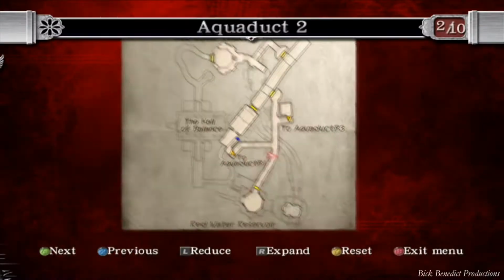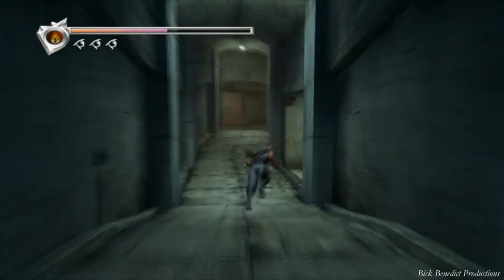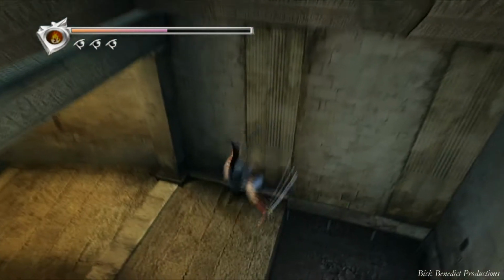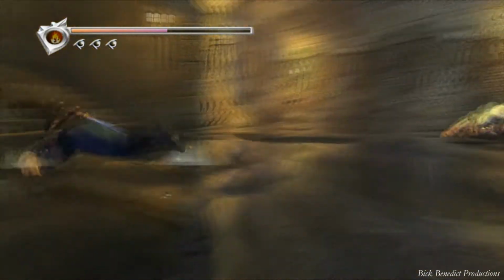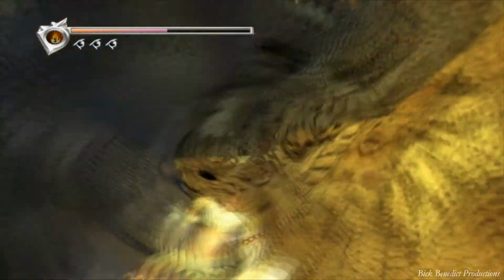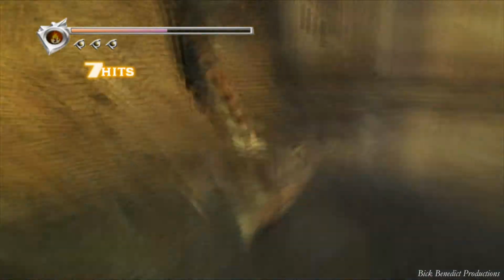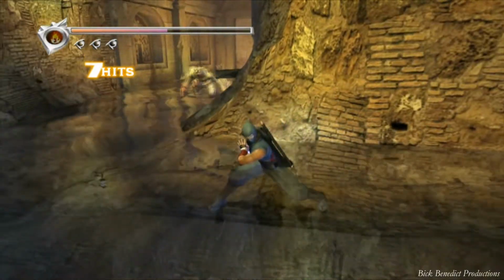Here's the map. I don't know why I pick these up in the journals. I guess just so I know that I've picked it up. Anyway, there's I think 3 or 4 of these guys down here, and they spawn one right after the next. So just take these guys out, and then every time you come back in here, you don't have to fight them. It's really good. So there is a save point here,